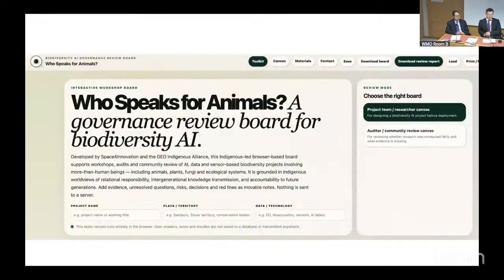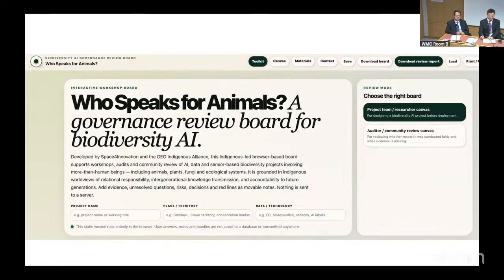So who speaks for the animals? So again, moving into our ethical AI biodiversity toolkit. As we know, biodiversity is increasingly being used by AI systems. I mentioned our Tatanka, how we work with our Tatanka and how we restore it. How can the data be useful, but also do we understand the risks, especially in working with and for Indigenous people? So we can measure, for instance, movement and location and those kinds of things for our buffalo, for example,